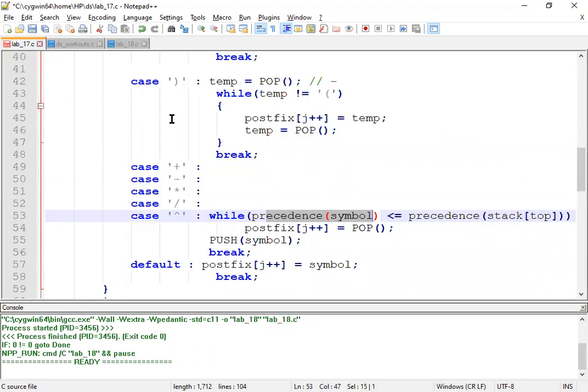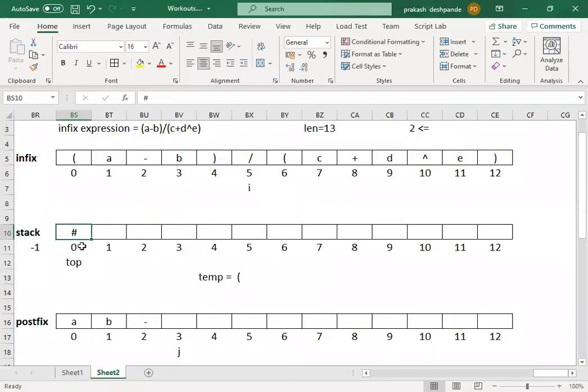Now look at the top of the stack, what we have is the hash symbol. In the beginning of the program explanation, students, I talked about this hash. Why are we inserting this hash as the first element? Because whenever the stack is empty and we want to know the precedence of one particular operator, we should have one more operator with which we can compare.